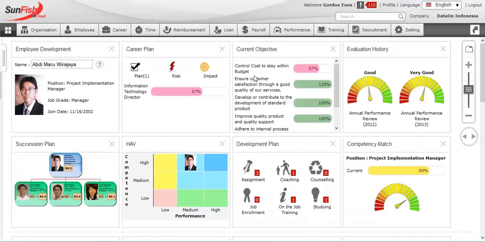Current objectives of the employee and any available achievement information. Evaluation history, total scores for past periods and ability to view the detailed forms by clicking on a score. Succession plan for the employee and the ability to click on the current succession plan and adjust successors. Human asset valuation position to understand the employee's comparison between their most recent review of actual performance in comparison to